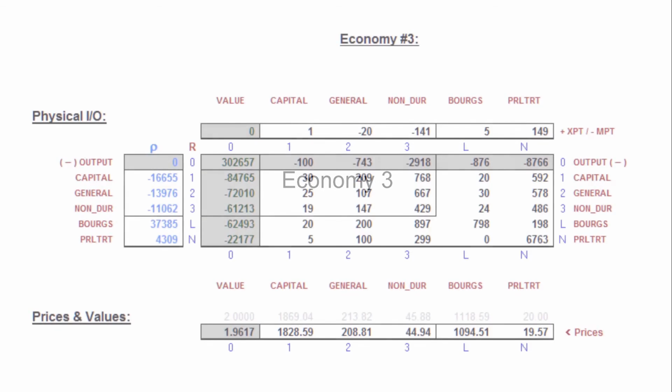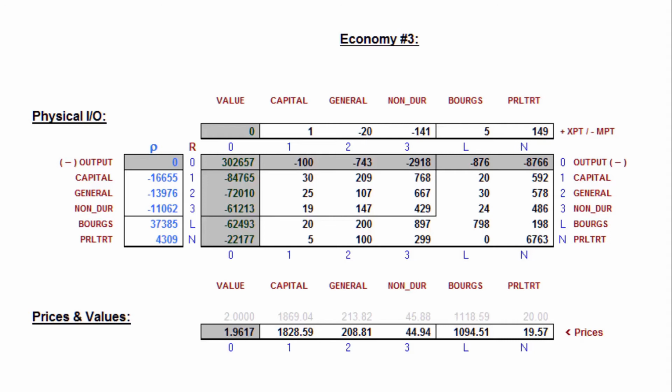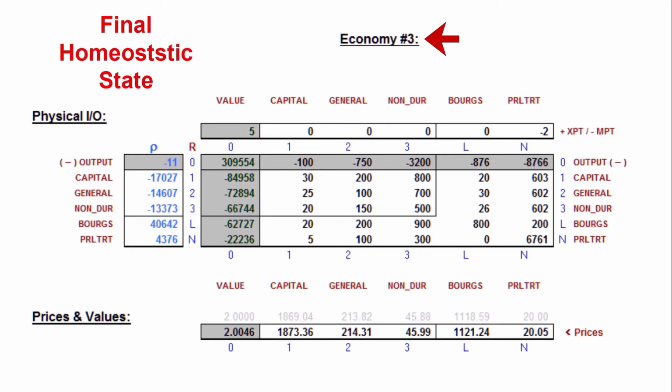It should be clear that repeating this experiment, with focus shifted to the rates of change in economy 3, would reveal the same general pattern of adjustment just established for economies 1 and 2. Here is economy 3's initial state, and here is its state after adjustment to its new production and utility parameters. This outcome can be compared to economy 2's terminal state to show that our transient eventuated in the same distribution of assets for all three economies.